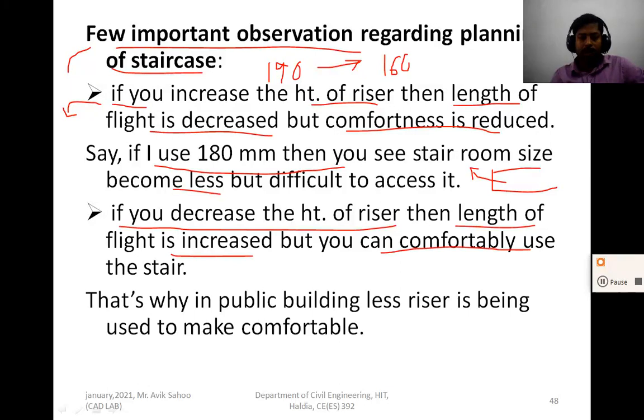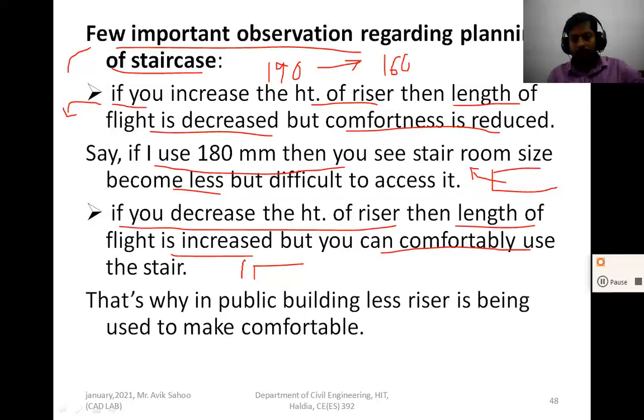But you can use the stair comfortably. You know that in public buildings a lower riser is used, because a public building may be overcrowded, with rushes going on and coming. To avoid accidents and also to make it comfortable, lower risers are used.